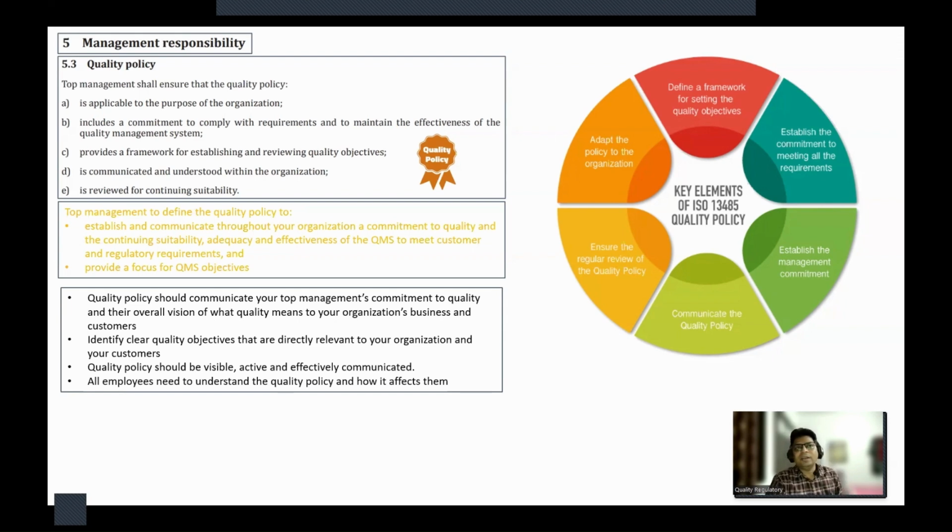I'll give you one example here. Let's say you have a quality policy that we are building a product which is safe and effective, because we are talking about ISO 13485. So we are manufacturing or providing a medical device, a product that should be safe and effective because it's a medical device, and meeting the customer and regulatory requirements. So this could be a policy, but how do we ensure that in terms of objectives?